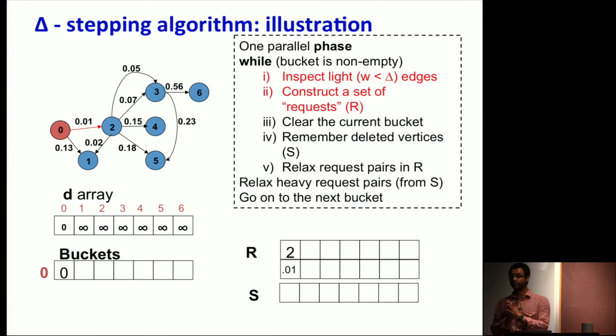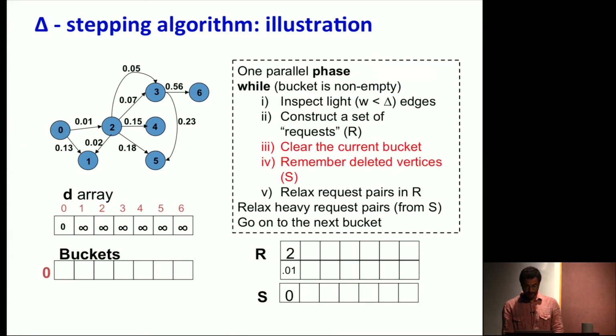The reason we're not relaxing it is we're trying to process all the vertices that fall into the current bucket, which is distance 0 to delta. Even if we relax this edge, there is no chance that vertex 1 can fall into this bucket, because it's a heavy edge. Its distance will not shrink that far. So we only go over light edges